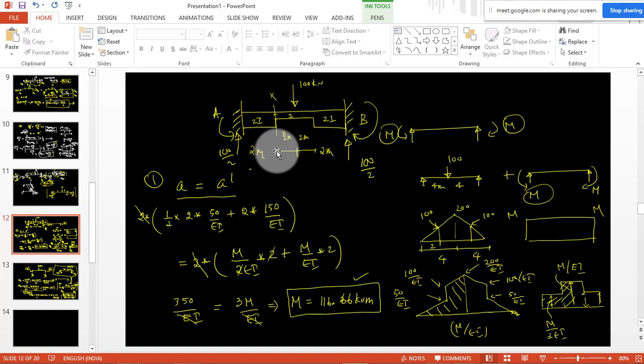Force and displacement are related by Hooke's law, stress and strain, or force and displacement. If you are using a force method of analysis, you will first find out the forces, then you can find out the displacement if you want. In the force method of analysis, you are finding out the forces in the beam. Forces means it can be reactions or it can be internal moment. Then you will stop your analysis. The rest you can do if you want: you can find out the displacement, because you got the force value, and both are related.